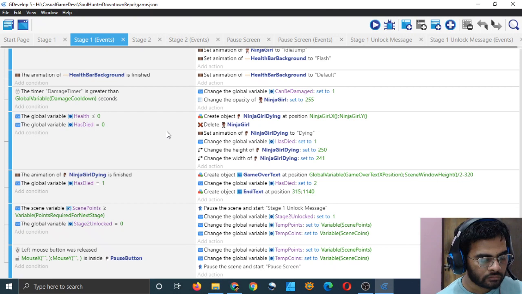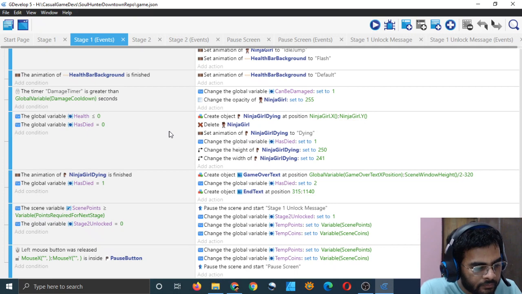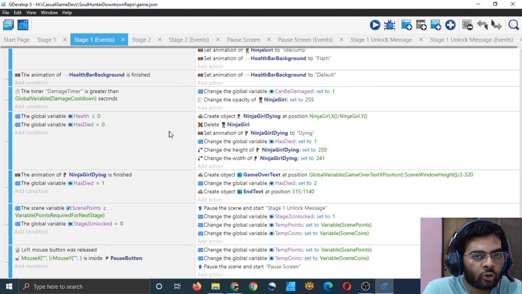But when they die, oh yeah, the way we are doing it is that when the player is dying, we are just showing the message to the player to press pause to exit.